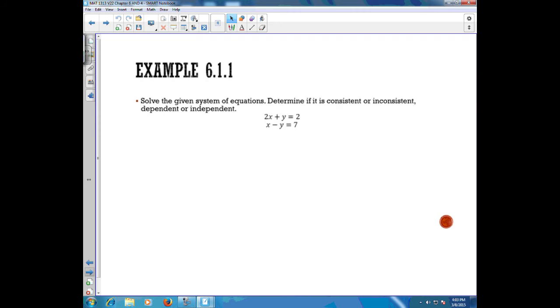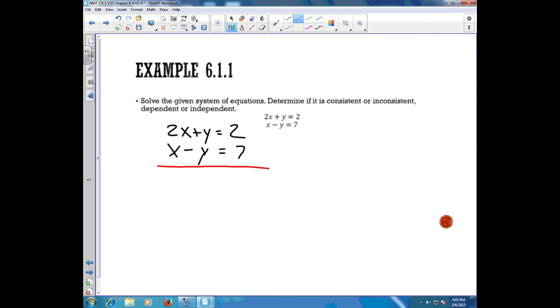So let's first practice by solving the system of equations, and then we're going to determine whether it's consistent or inconsistent, dependent or independent. So we have 2x plus y equals 2, and x minus y is equal to 7. We want to solve this by elimination. And to eliminate, we're going to add the left-hand side of each equation together and the right-hand side of each equation together with the intent to eliminate one of the variables. We want the coefficients of one of the variables to add to 0. So in this case,